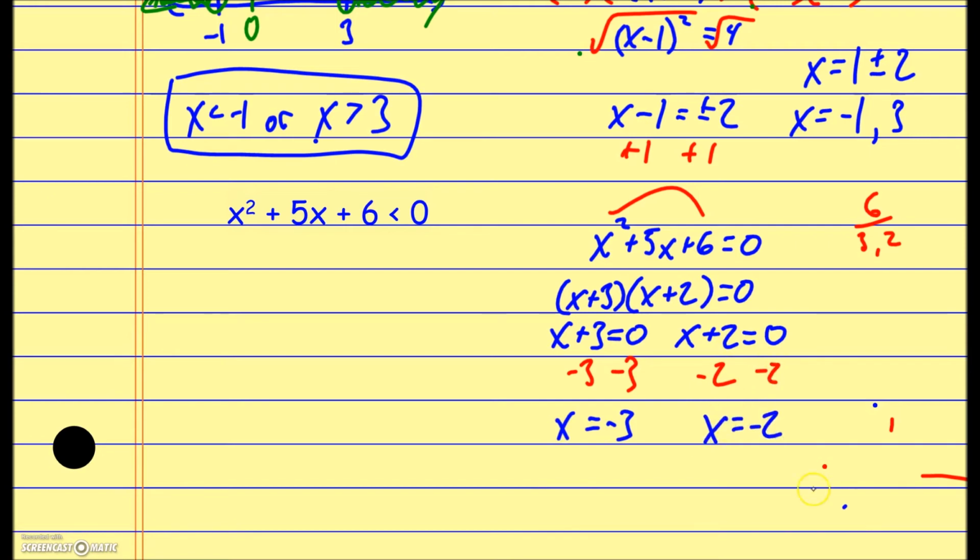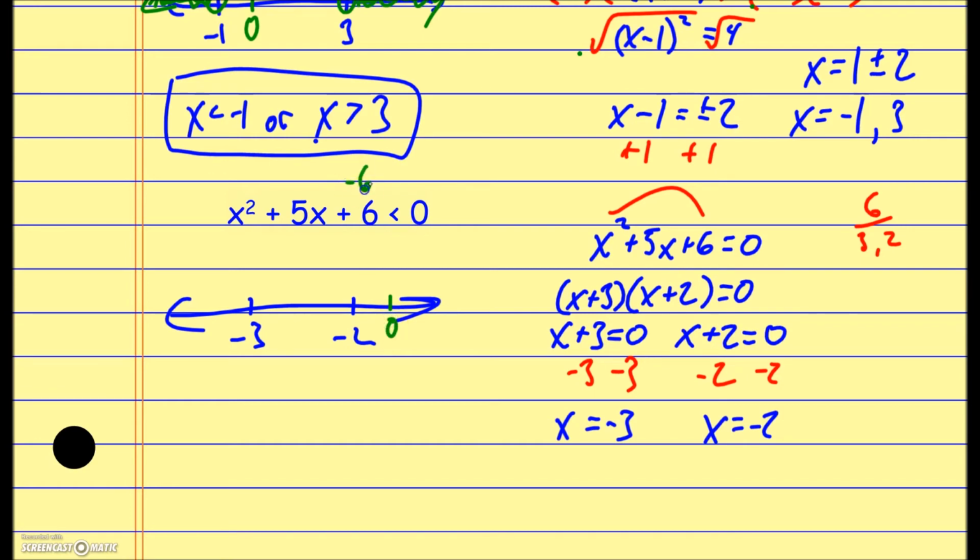And looks like my hand is dragging all over the place, so I'm making a mess over here. So now I get these two values. I think about them on a number line, and really I'm just zoomed in on the x-axis, and I'm trying to decide, am I going to shade inside or outside this parabola? I've got the negative 3, and I've got the negative 2. And I want to know, am I going to shade inside or outside? Well, think about where the easiest point to choose now is. It's over here. Okay, 0 is over here now, so I'm going to plug 0 in here,